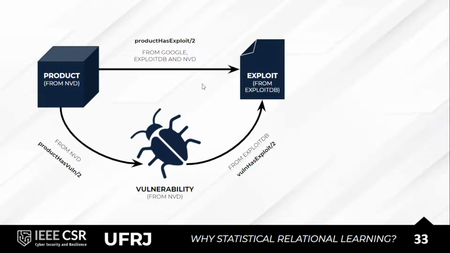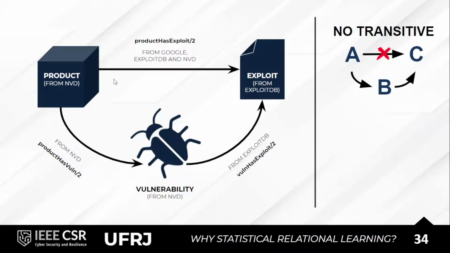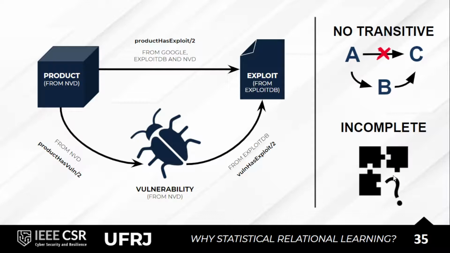And this image nicely sums up this last observation, where the figures represent the entities and the arrows represent the relationships between them. And we are interested in inferring the relationships between products and exploits from these other two relationships. It is important to emphasize, however, that these relationships are not transitive. To give an example, it would be the case that the exploit needs to take advantage of multiple vulnerabilities. Also, our data is incomplete, hence it is common to find, for example, exploits that do not refer to any vulnerabilities. Our approach was motivated by the lack of data transitivity and completeness.